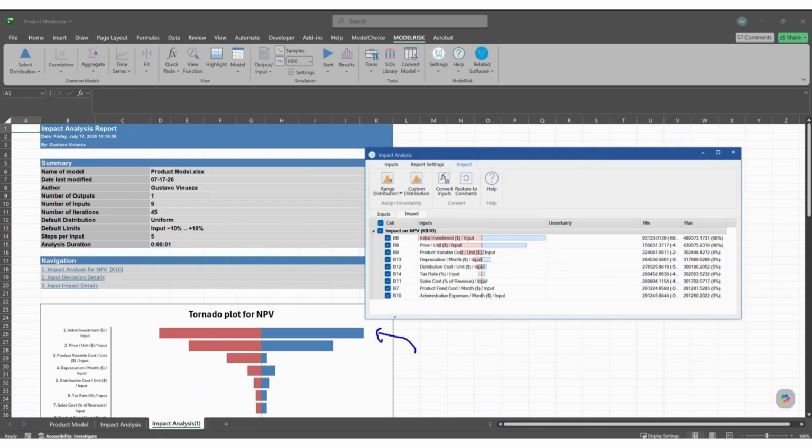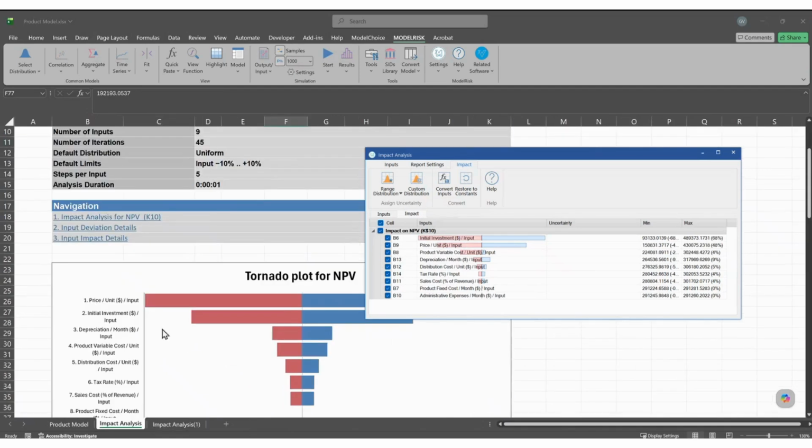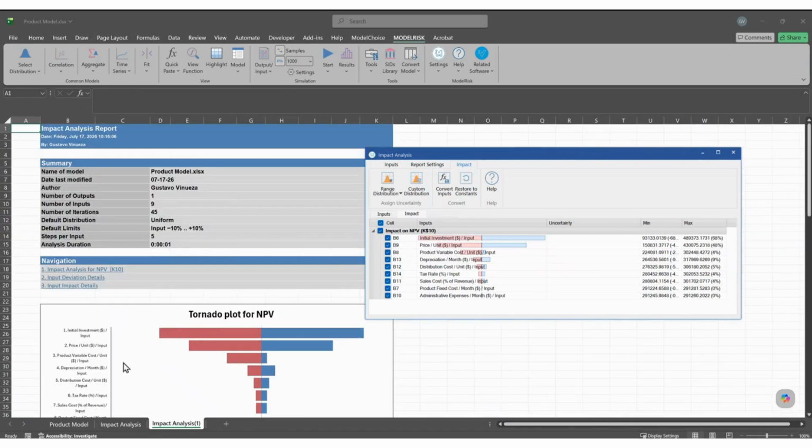Because I did minus 20 plus 20. So of course, you have a larger extreme, and combined with the high magnitude, this is going to be first. Then the price unit is going to come second. Remember that here the price unit was the first one. Now it comes second. Then you have the product variable, the one that I did